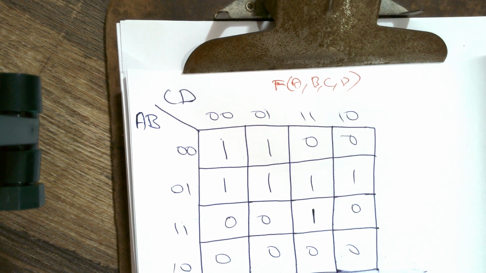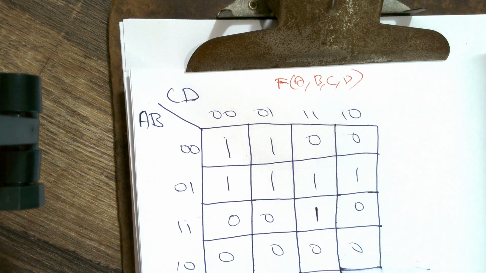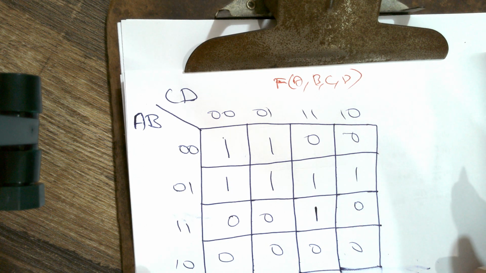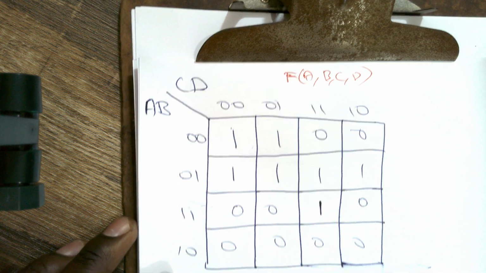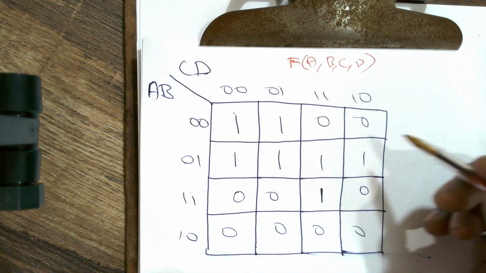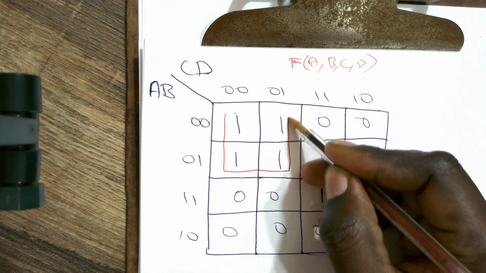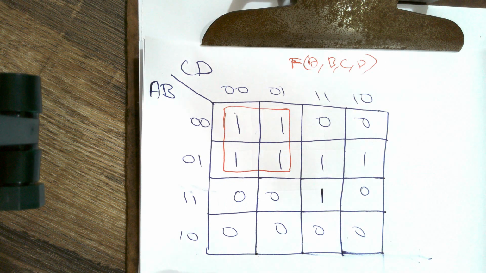So how we do this, first thing we do is, of course, we apply the same rules. Largest circles or squares of ones of power 2 to the n. And then the least amount of those large circles. And once we circle them, then we go about and find the expressions for each of the circles of ones. So if you look at it, first thing, we look here and we see a square or circle of 4 ones. So we circle them,